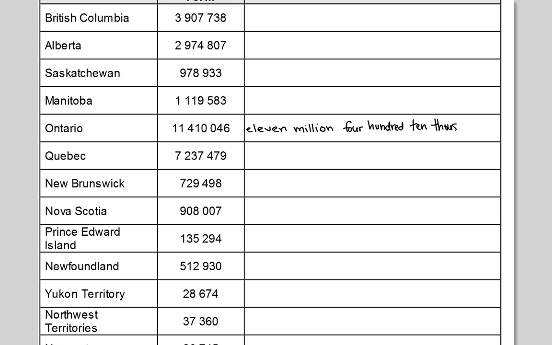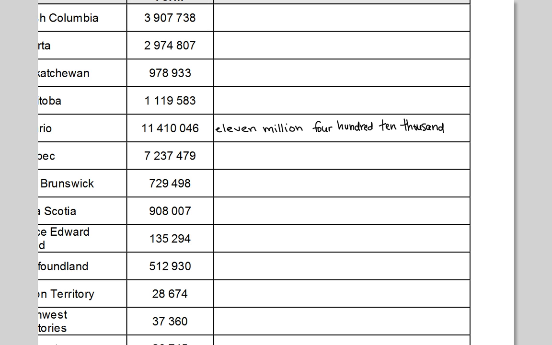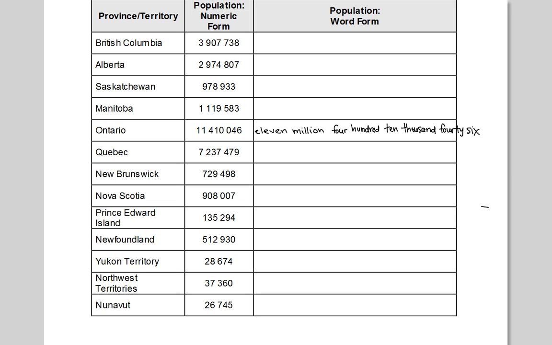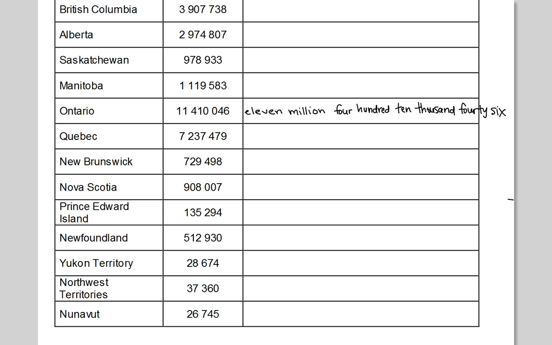410,000 and then 46. And then this might surprise you, but the next biggest population is, in Canada, big guy. Just these ones. Yeah, Quebec. The Québécois. Anybody from Quebec? Anybody speak French? Oui? No. Yeah. 7,230,000